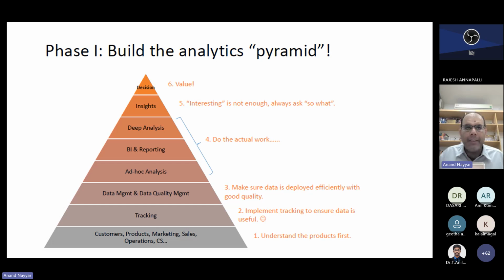So this is the understanding phase, where you understand and can deliver some value. And if you really want to do research into IoT or of course IIoT, you need to build this pyramid based architecture, whether it is for robotics or drones. But remember, these components are very important from an industrial point of view. You can see in terms of customers: tracking things, data management, ad hoc analysis, business intelligence, deep analysis, insights. And of course, when we talk of the next level of insights, we become wisdom,